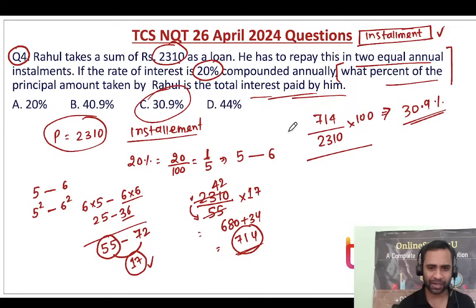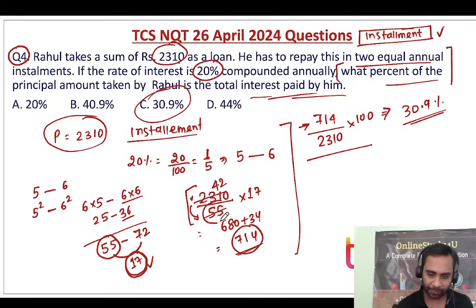See, it is very simple. If you understand, it is simple, because we need to calculate. Somebody asked, why multiplied by 17? Because 17 rupees is our interest, and we need to calculate the interest. So principal is given, we have the 55 units, and whatever you have to calculate, you put it here. So we have to calculate interest here, so this 17.